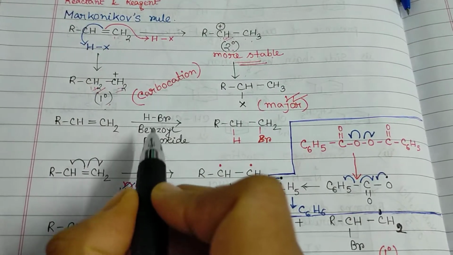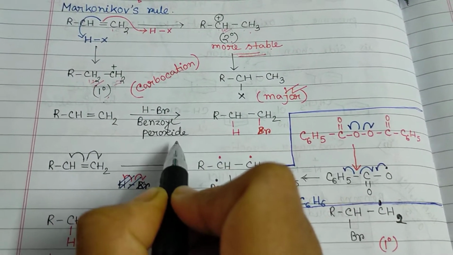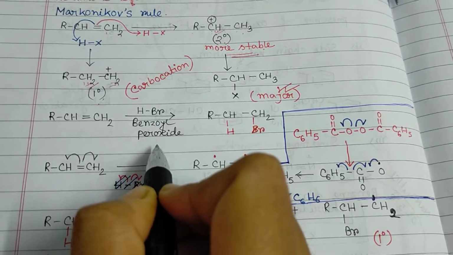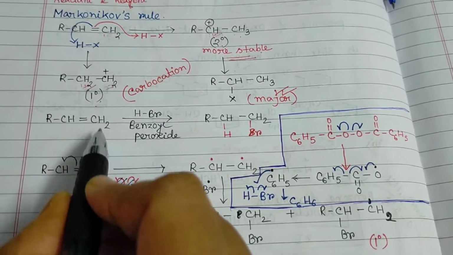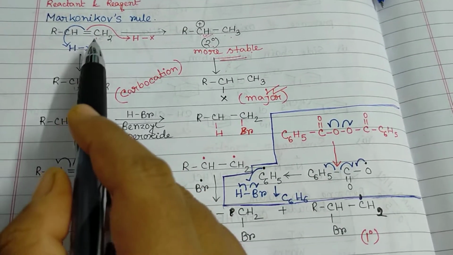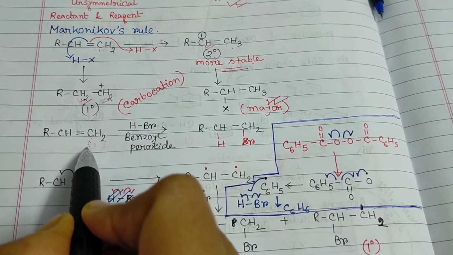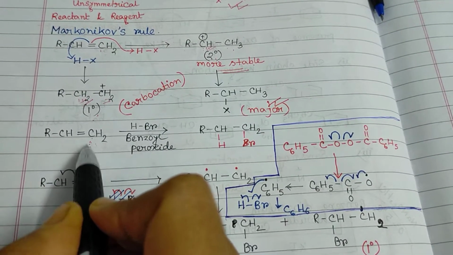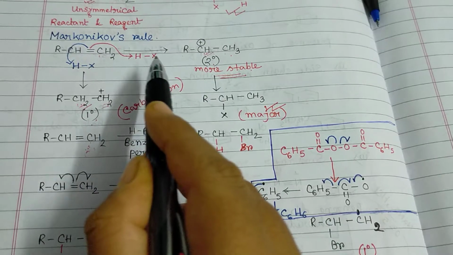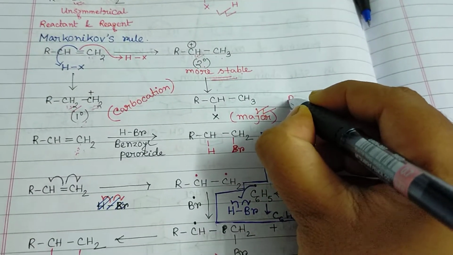If we are adding HBr in presence of benzoyl peroxide, then what product can we have? We can see that the substrate is the same one I took earlier, and the reagent is the same here too. But suppose the X is bromine here, so obviously this product will be